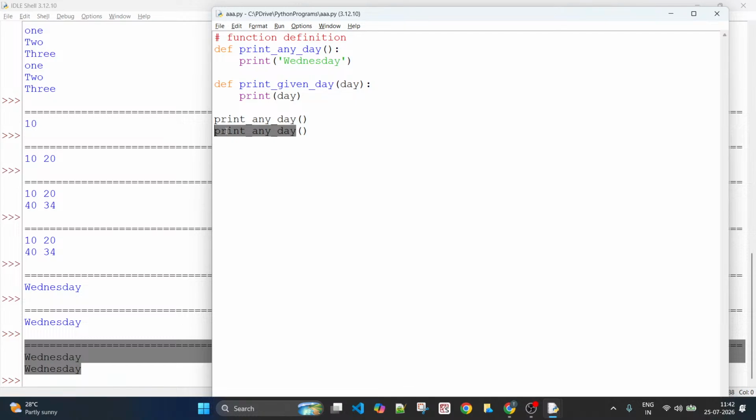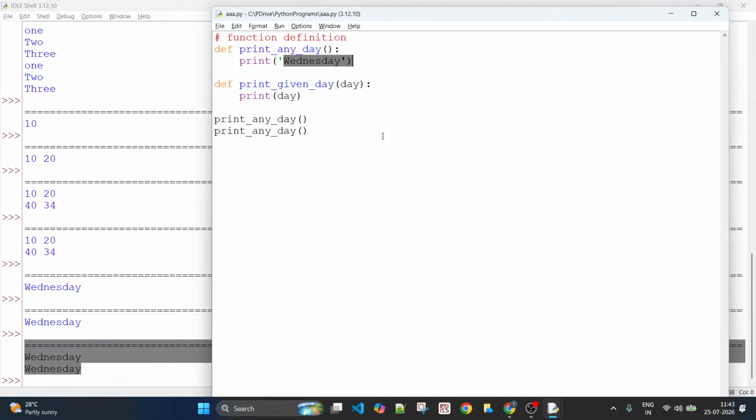It comes back to the immediate next statement in the execution flow. It comes again, but it is the same function call again, so it has to go back to the same place again. It will print Wednesday and come back. So it doesn't matter how many times you call this function, its job is to print Wednesday. That's why every function has some specific task to do.